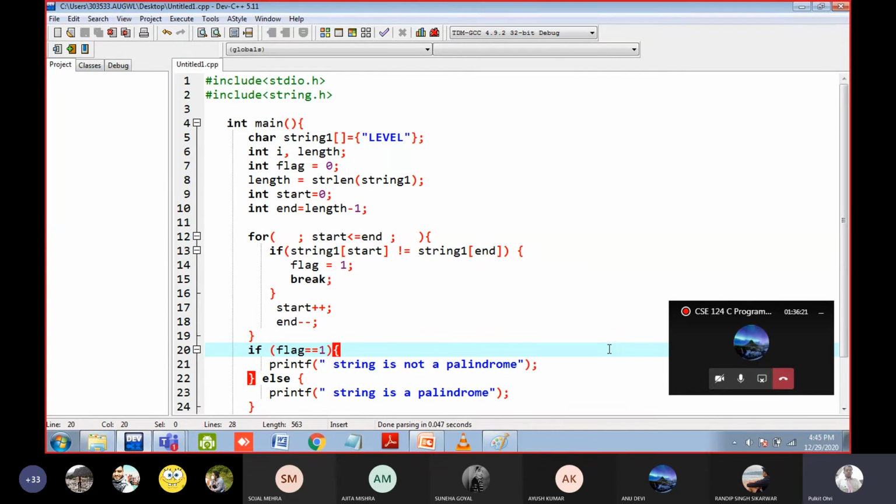Okay, the name of the variable is flag. You can use any name. Flag means, what is the meaning of flag? It is used to signal, na? So flag equal to 1 means we are signaling that it is not a palindrome. If the value of flag remains 0, then yes, it is a palindrome. That's why I've used the name of the variable as flag. You can write the name of the variable as anything like A, B, C, D, but the thing is the name of the variable should be meaningful. For example, when I see the name flag, it is signaling something. If the value of flag is 0, it means it is a palindromic string. If the value of flag becomes 1, means it is a non-palindromic string. That's all. Okay.